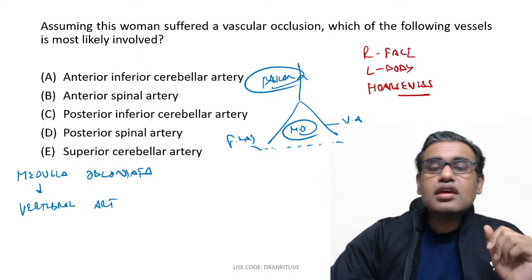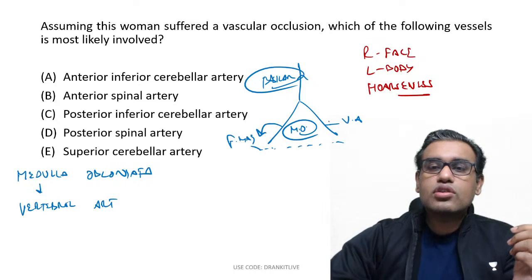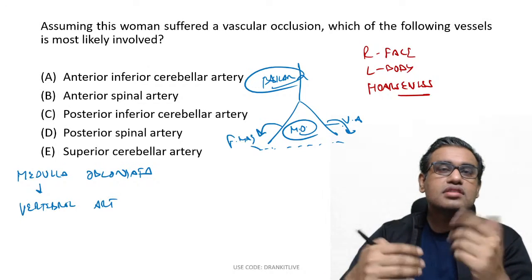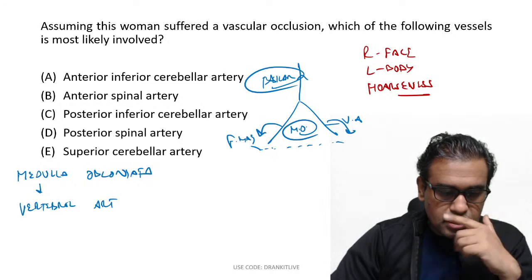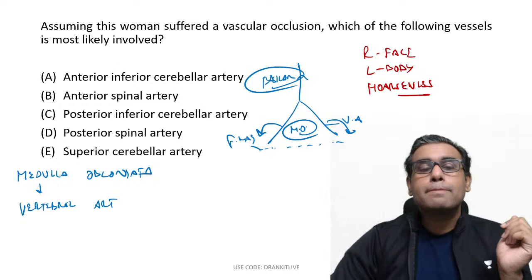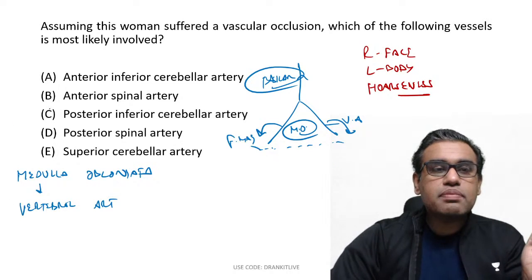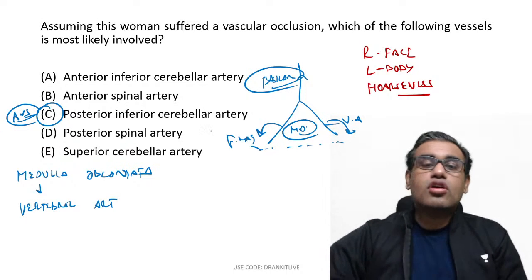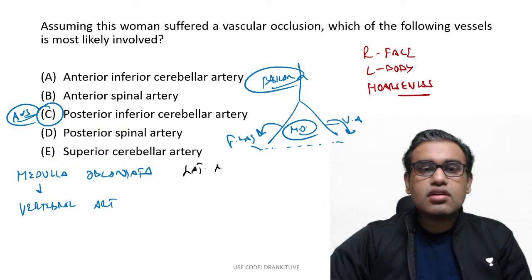Now the vertebral artery will give a branch that goes laterally and behind the medulla to supply the lower and posterior part of the cerebellum. That artery is known as... Dr. Amreen is saying A. Okay, Ravish and Anjali are saying C. That artery is the posterior inferior cerebellar artery. So good job, Ravish and Anjali. The answer is this, that is PICA. PICA syndrome is also known as which syndrome? That is also known as lateral medullary syndrome. Very good. It is on the lateral side of the medulla.